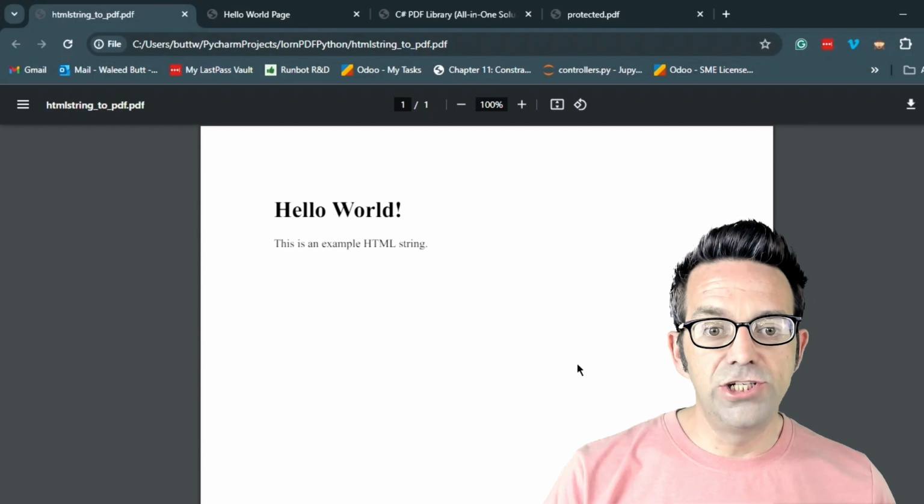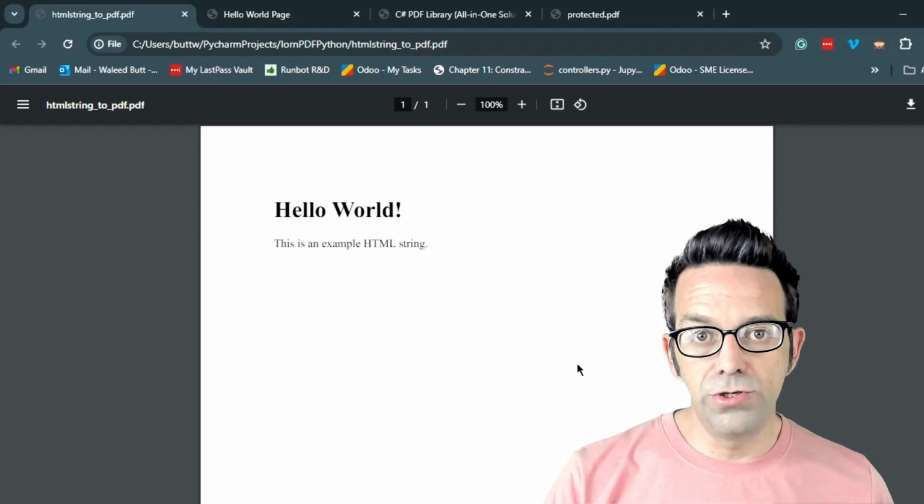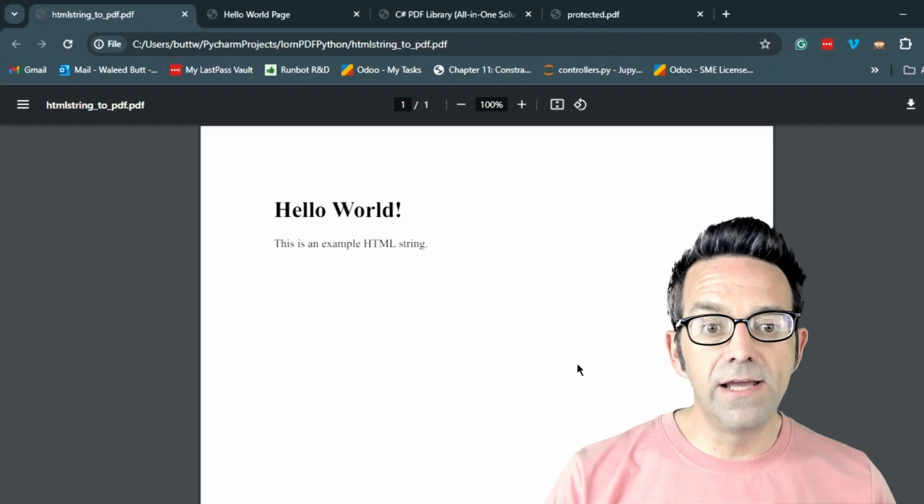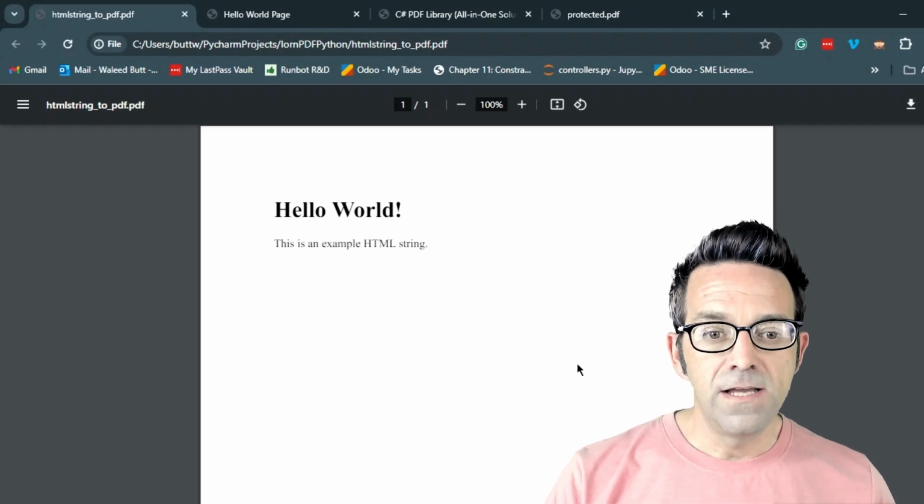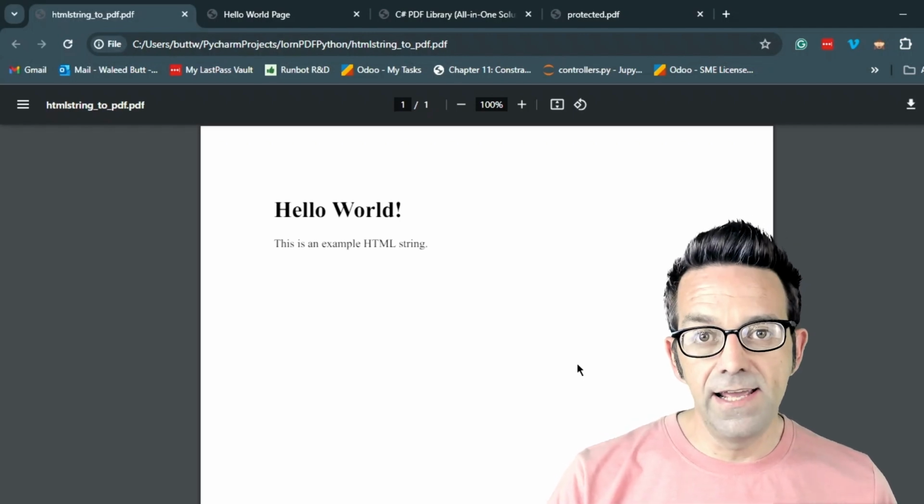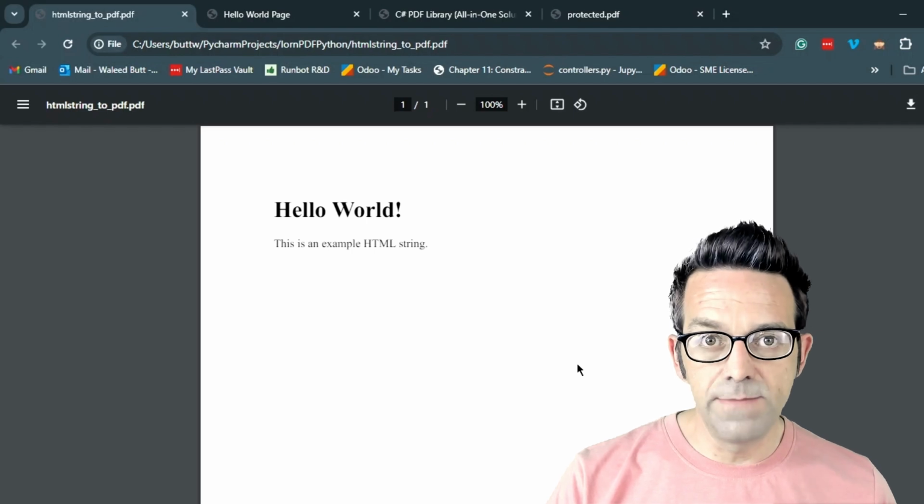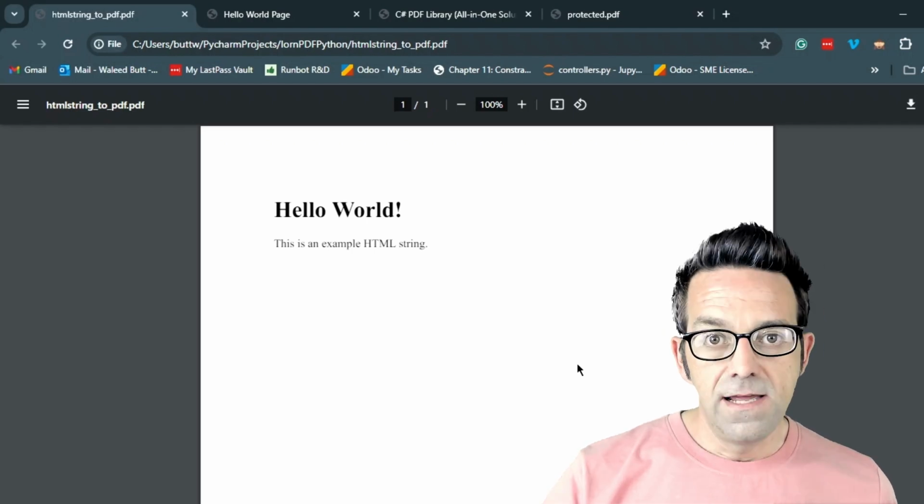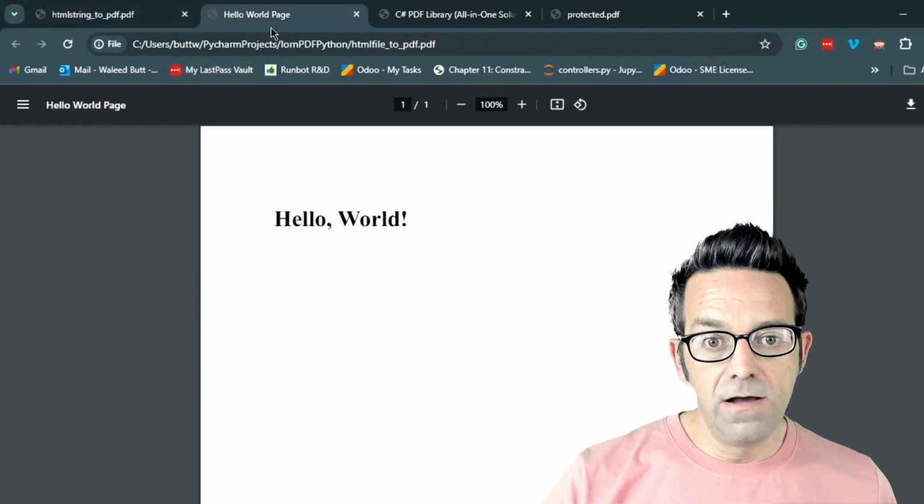First, we have HTML string_to_PDF.pdf. We created this using a basic HTML string. So this PDF contains a heading and a paragraph, basically demonstrating how easy it is to convert HTML content to a PDF format. Next, we have the HTML file